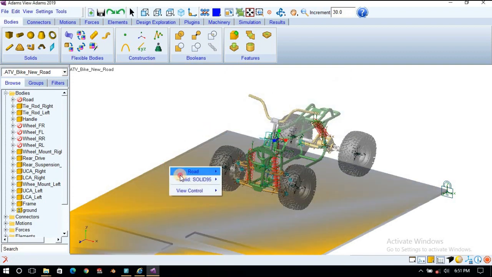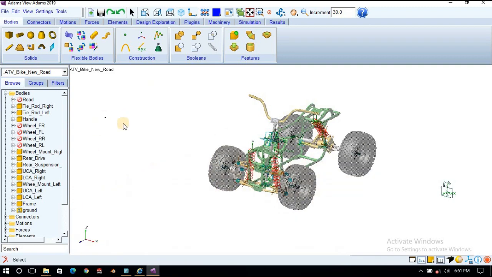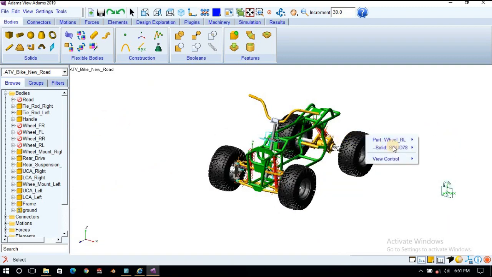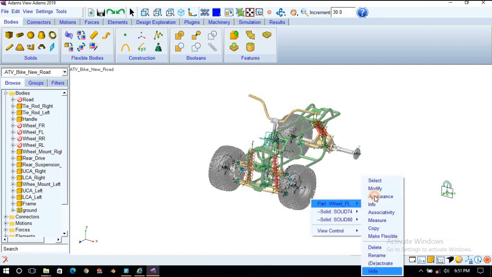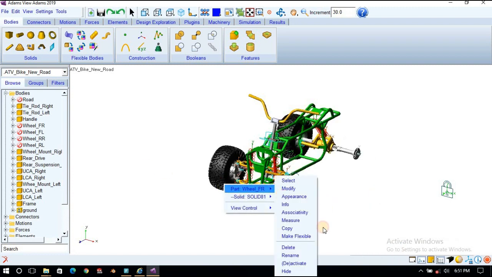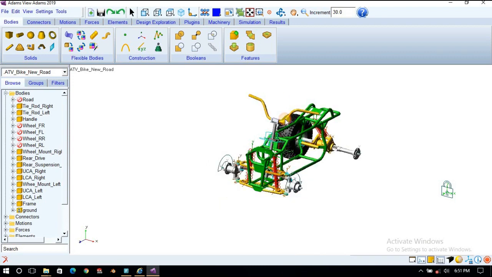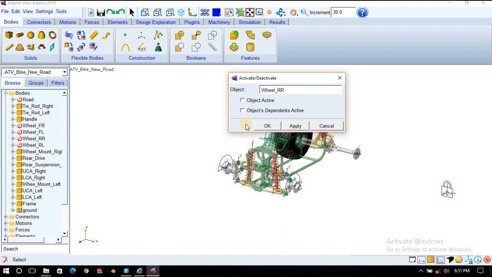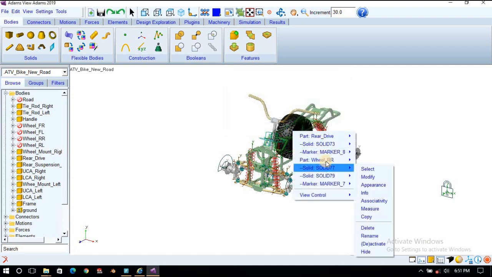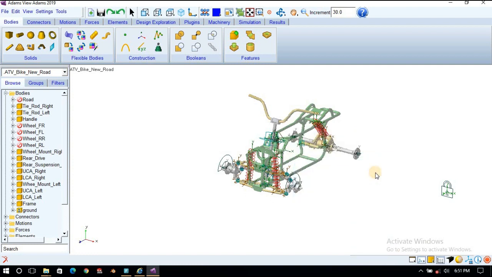So we will hide these bodies. One by one, wheel hide, this wheel also hide, and this one also wheel hide. Sorry, it is deactivating, hide option, hide.